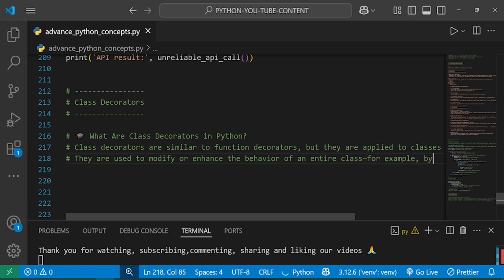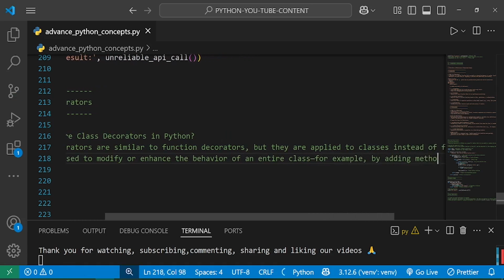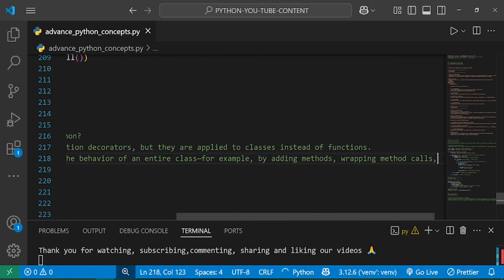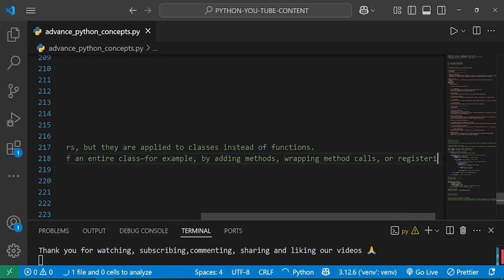For example, by adding methods, wrapping method calls, or registering the class